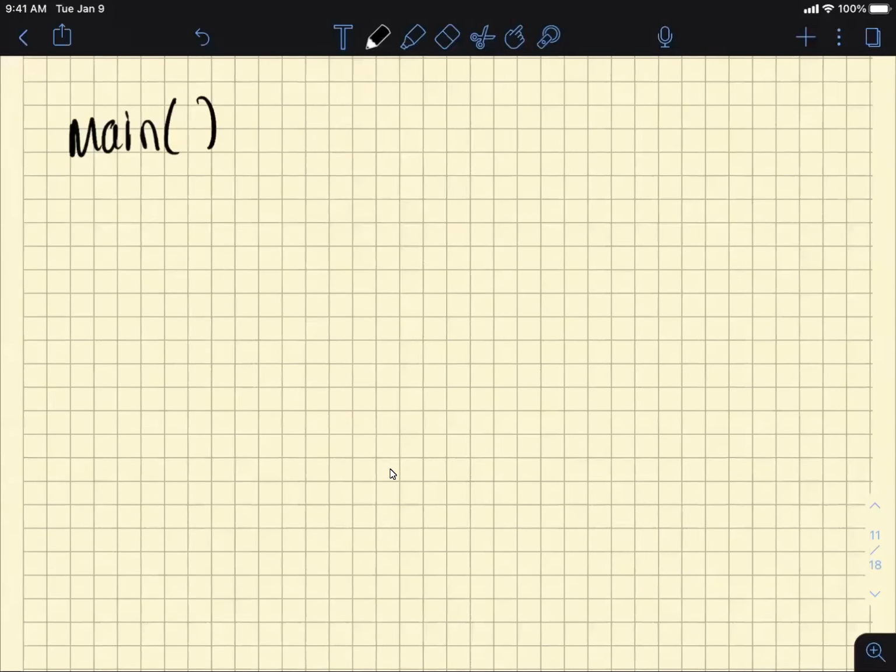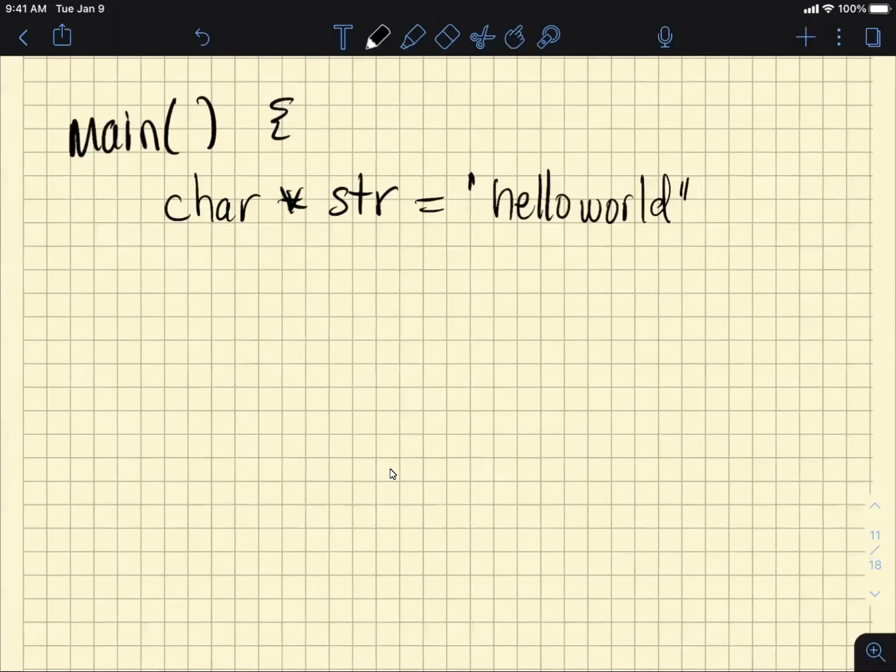Well, let's just do this. This is for the ARM section of it. So here's a string. And then you want to, let's say,